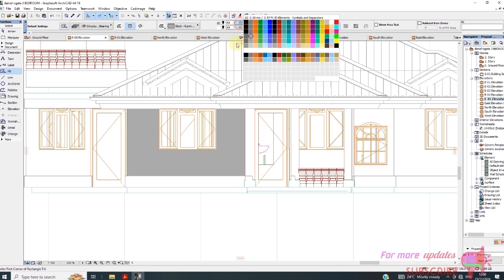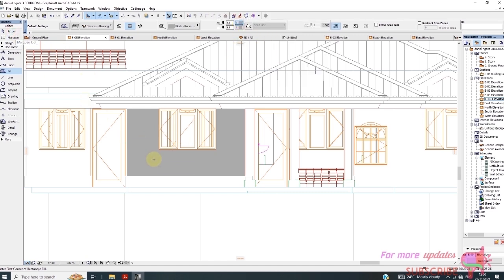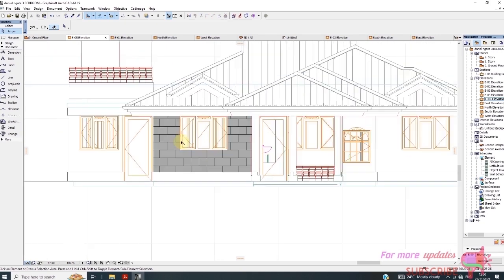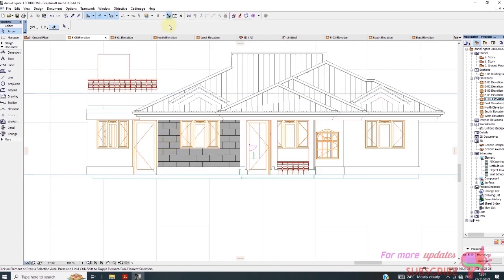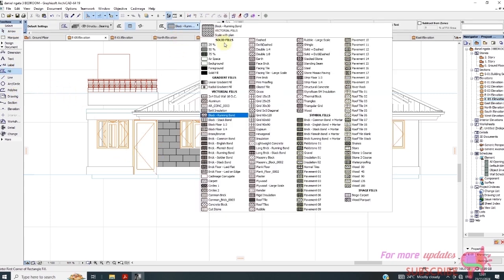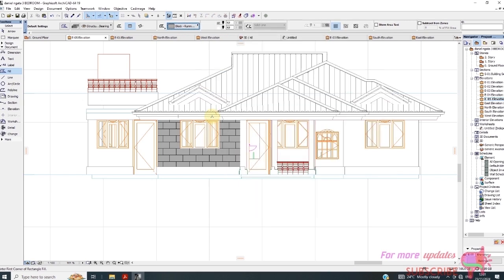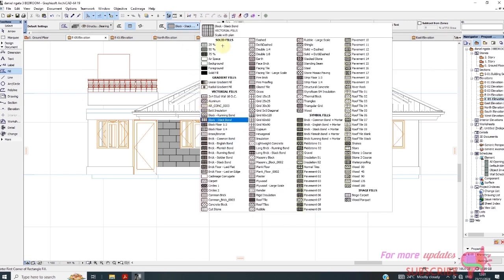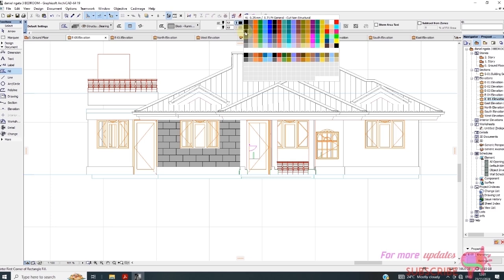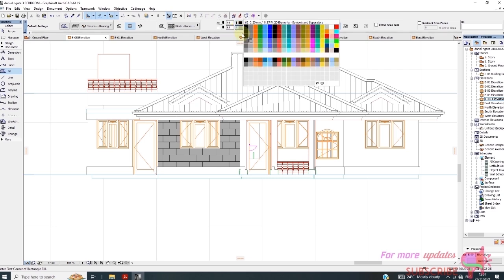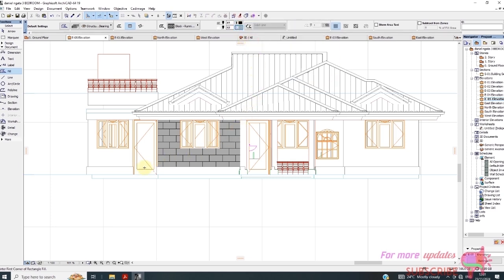Let me select these and change this to block. Let me repeat what I've just done. Select Fill, then select the type of fill. I select blocks running bond. Then here I'll select block. For doing this here, I'll select this, and then you can